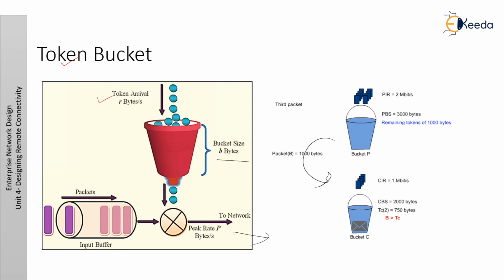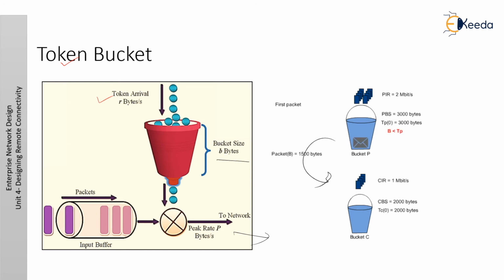To send a packet, the shaper or policer must remove from the bucket a number of tokens equal to the representation of the packet size. If not enough tokens are in the bucket to send the packet, the packet either waits until the bucket has enough tokens, or the packet is discarded or marked down. If the bucket is already full of tokens, incoming tokens overflow and are not available to future packets. Consequently, at any time, the largest burst a source can send into the network is roughly proportional to the size of the bucket.